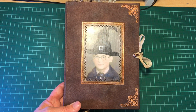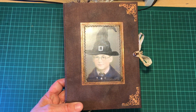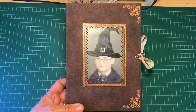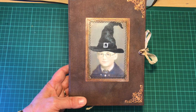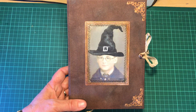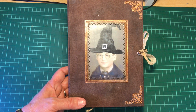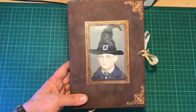I was thinking about changing the name of my YouTube channel to the Harry Potter themed journal channel because I have made loads of these journals as you are aware. So I do apologise if you're getting a wee bit fed up with them. The issue I'm having is that everybody wants one, so this one was made for a colleague's granddaughter. And I really hope she likes it, but